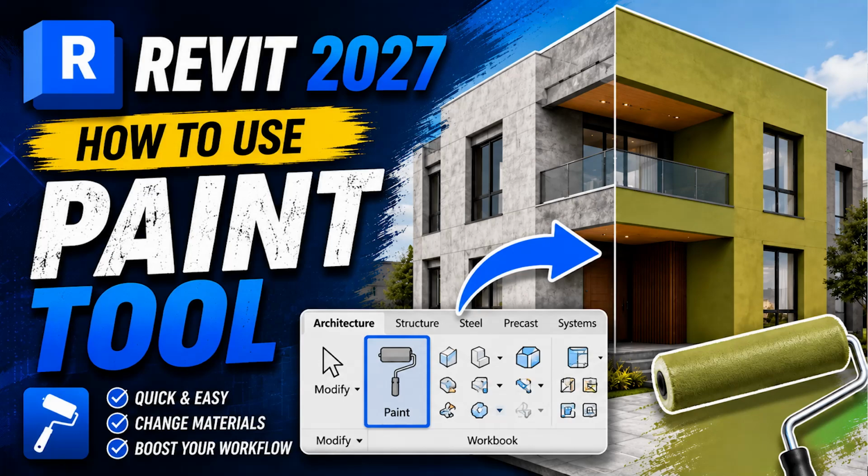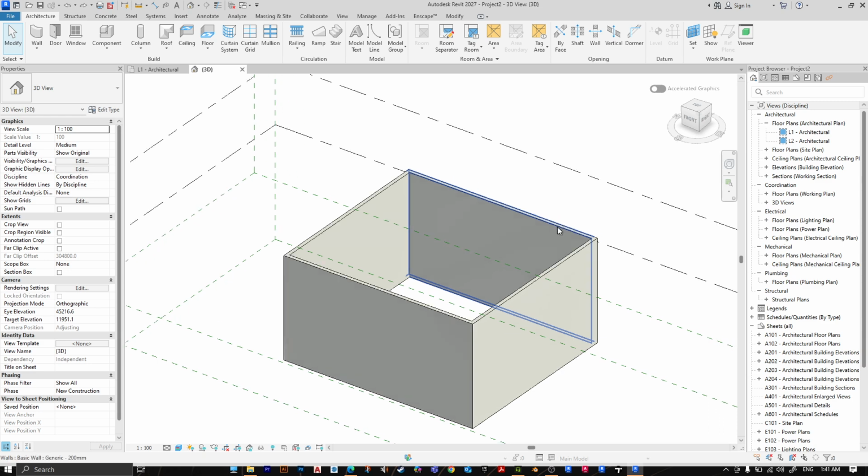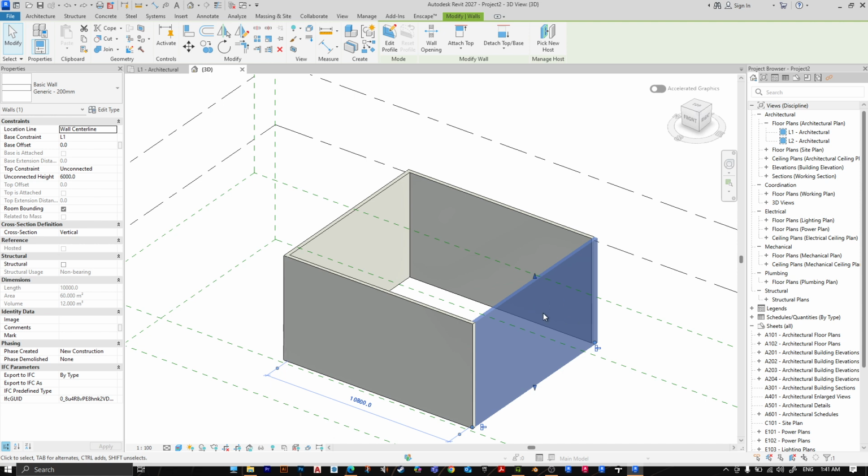How to add materials easily in Revit 2027, like painting. Open Revit, open your project, then select your project from here, like let's select this one. Go to Modify Walls. Here in Geometry, we have this